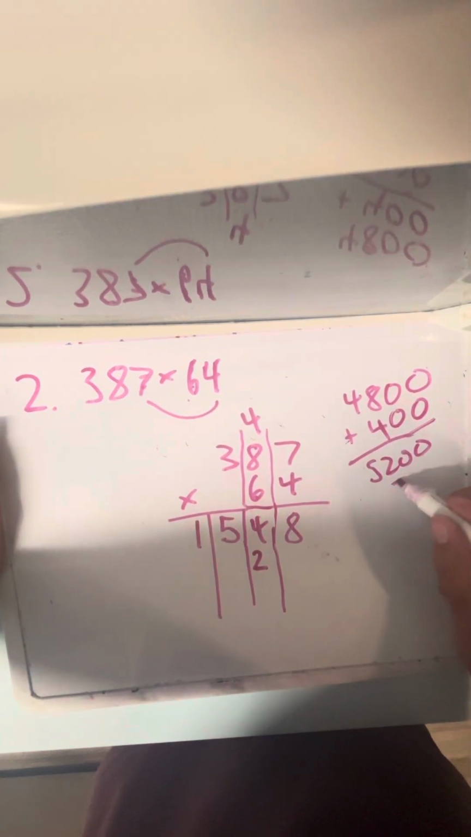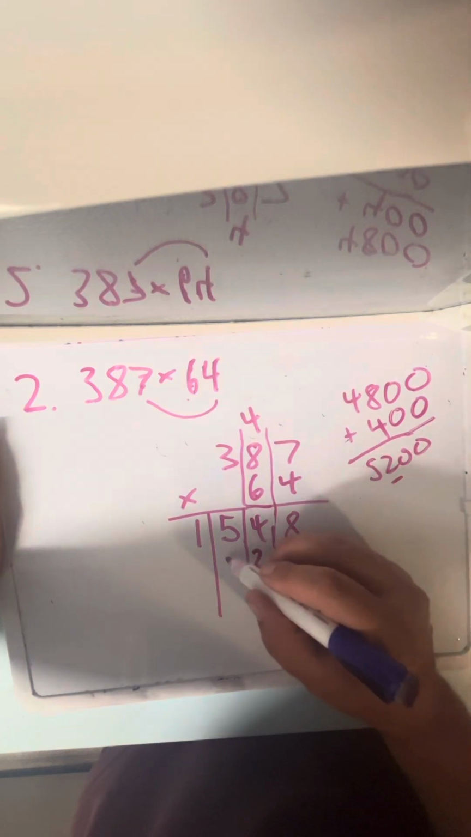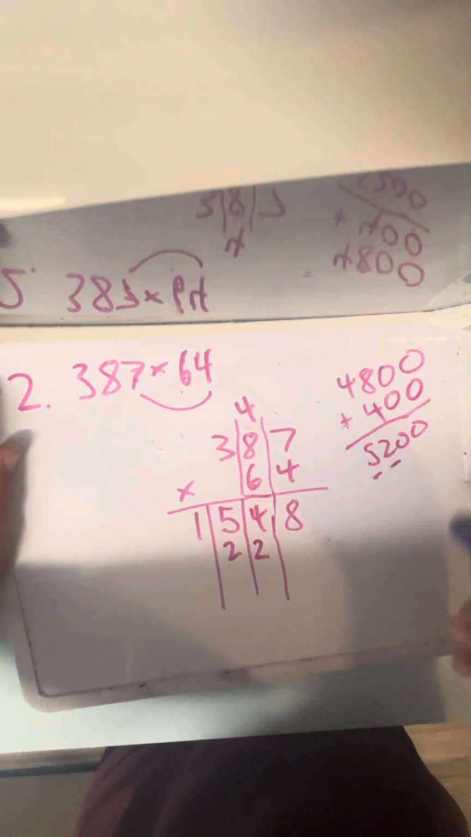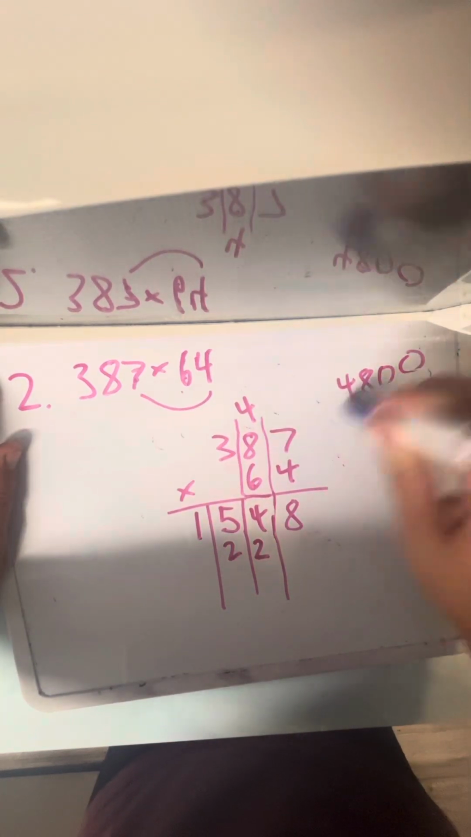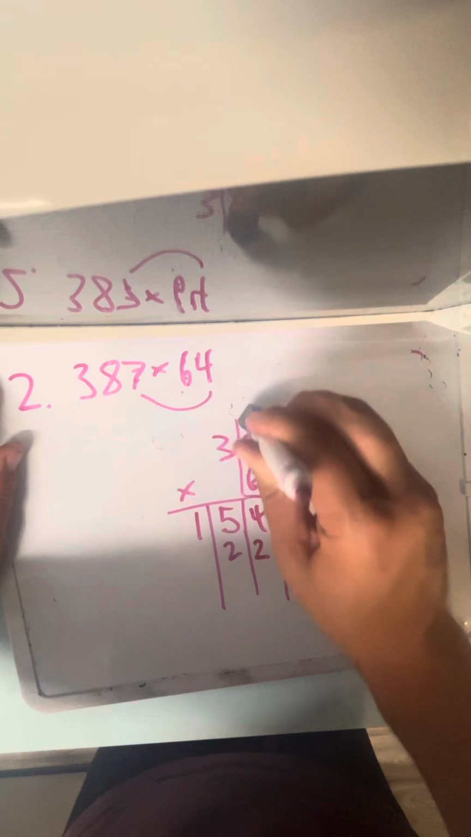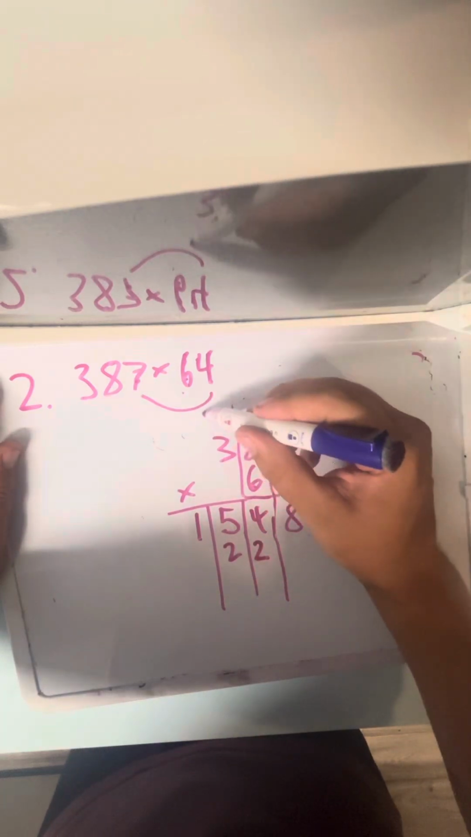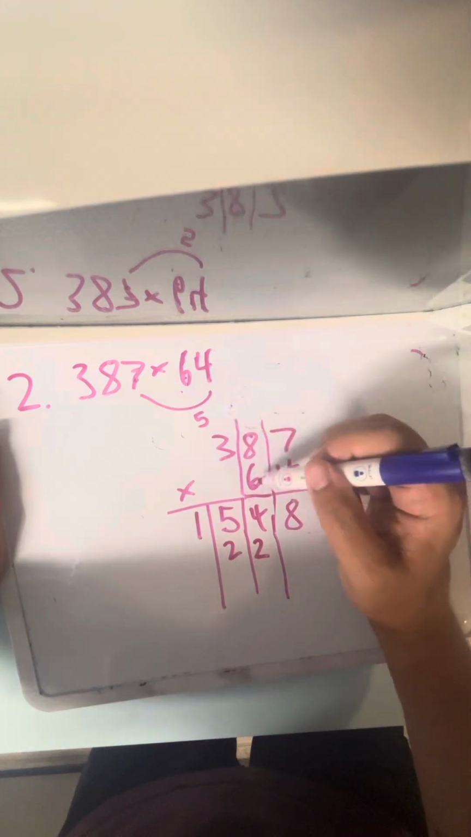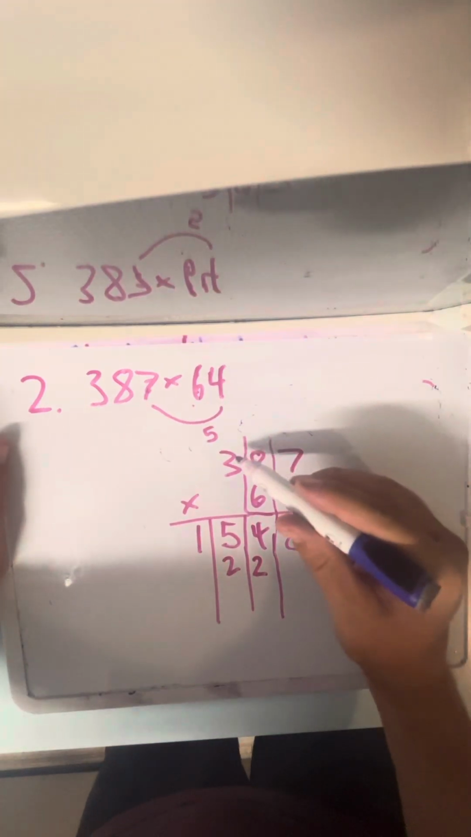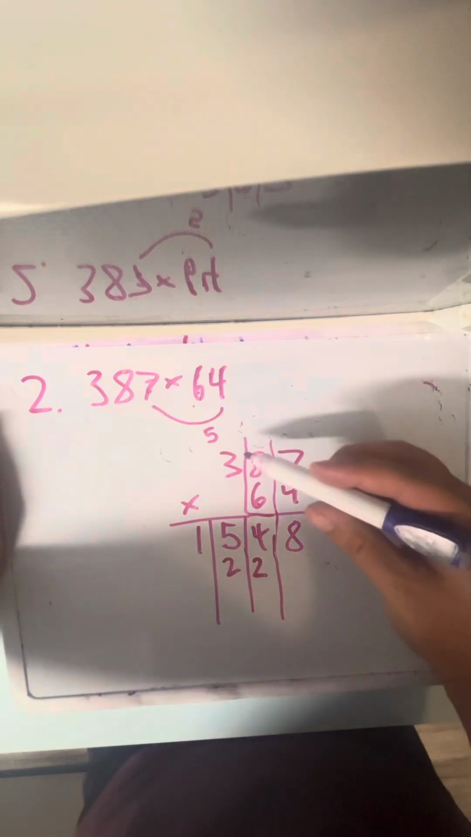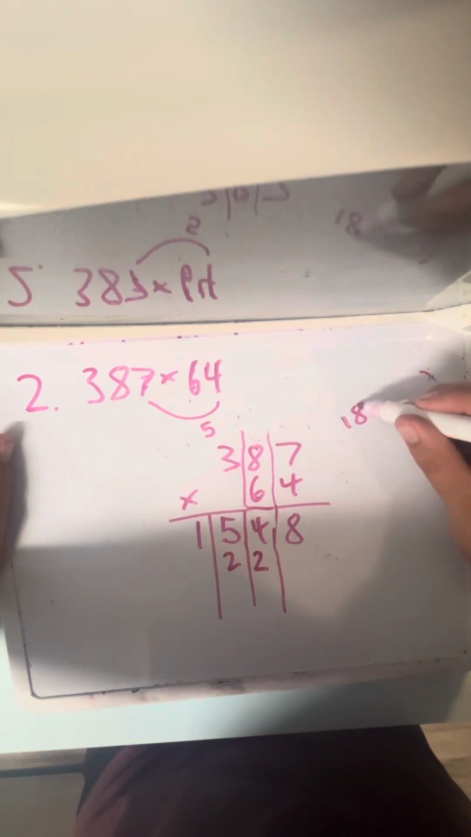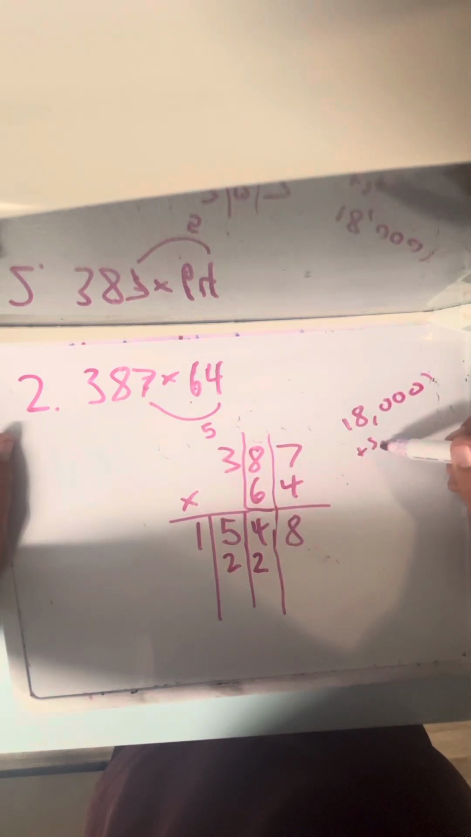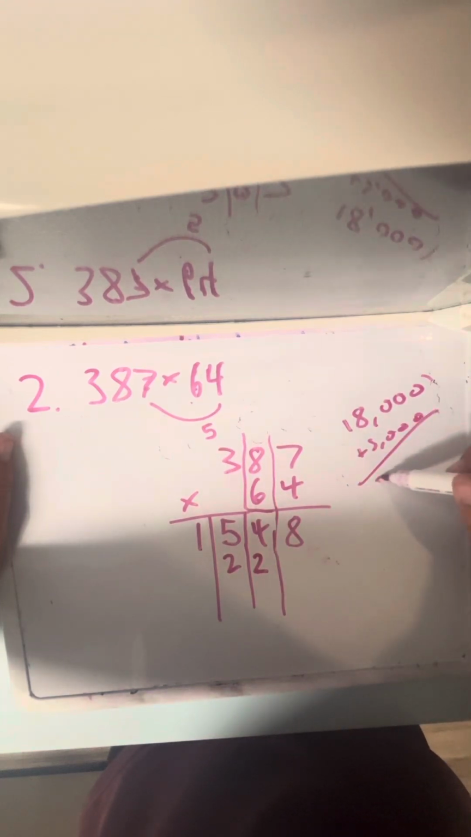And 5,200, what place value is in the hundreds? 2. So we put a 2 here. What place value is in the thousands? A 5. So whatever we multiply next in 6 times 3, we're going to add 5,000 to whatever 6 times 3 is, which is really 300 times 60. 300 times 60 is going to be 18,000. 18,000 plus the 5,000 would be